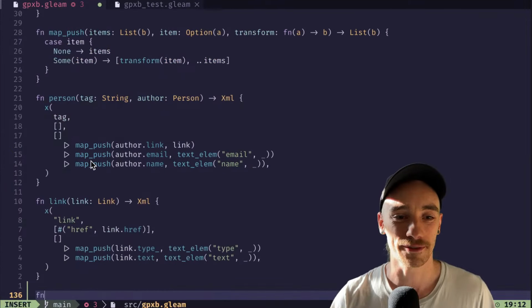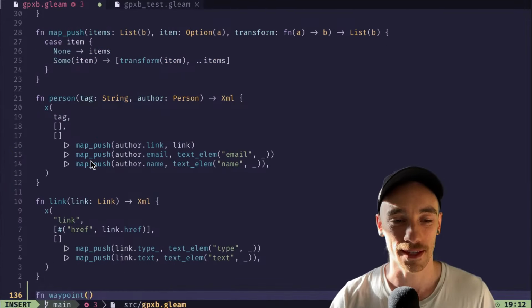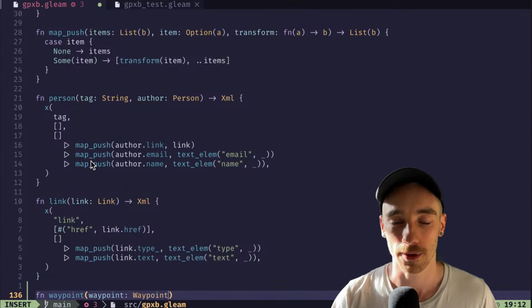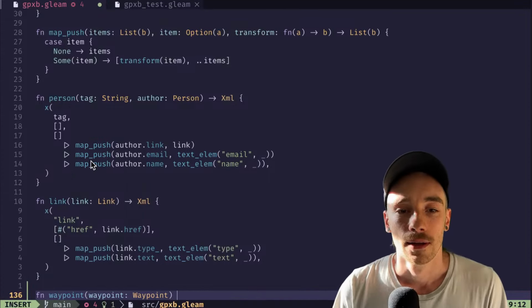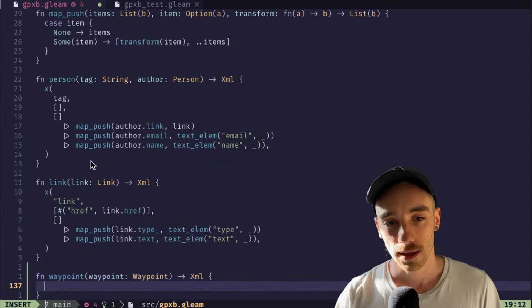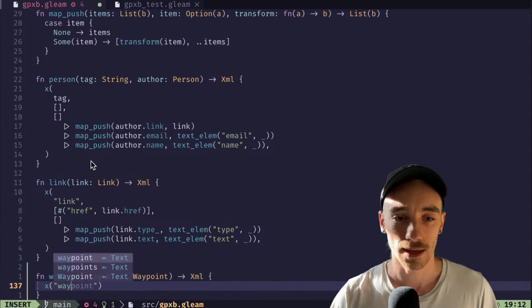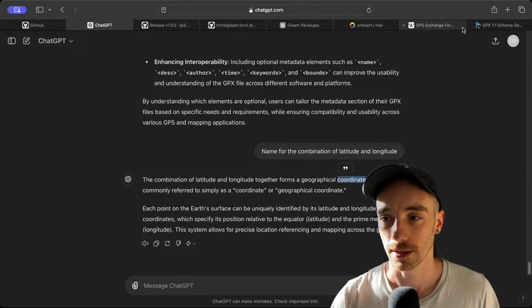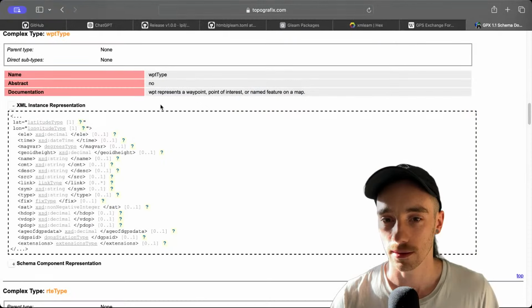Waypoint. Okay, wicked. Waypoint takes a waypoint, which is a waypoint. Gosh, it's verbose. XML. And it's a, what do they call it? They call it something stupid, don't they? It's a...